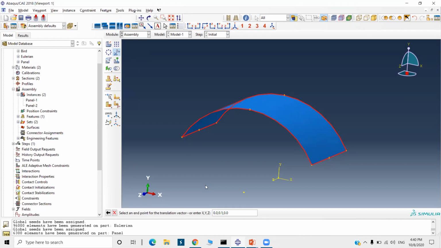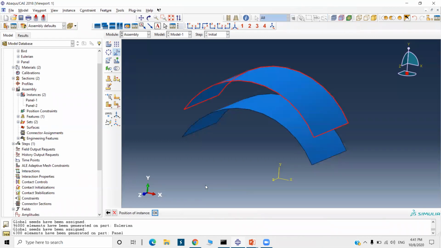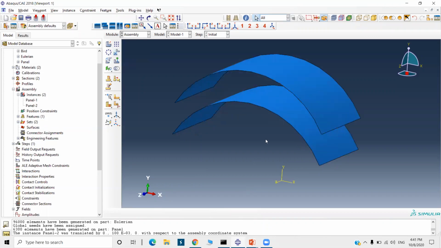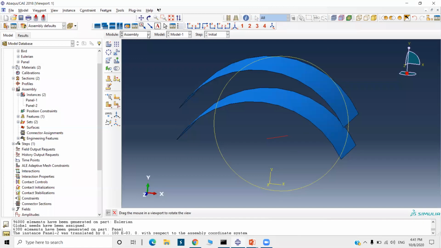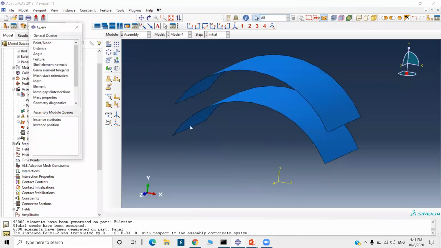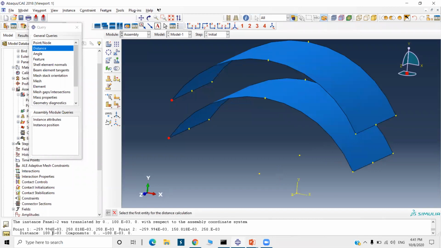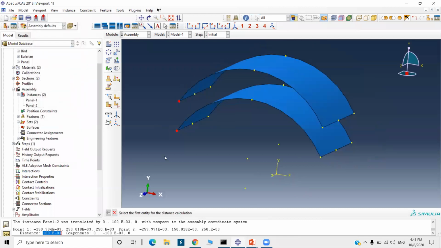Okay, distance between these two panels is 0.1. Enter it. Okay, so accept the position. How can we check the distance between these two panels? There is a query information tool. Click on the distance and select these 2 points, consecutive points. Here it will display the distance 100 e raised to -3.